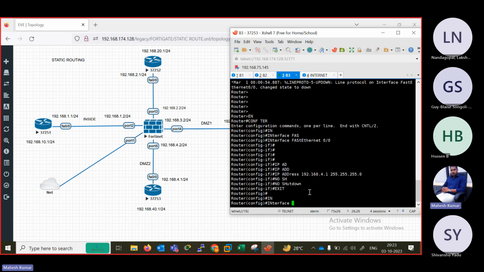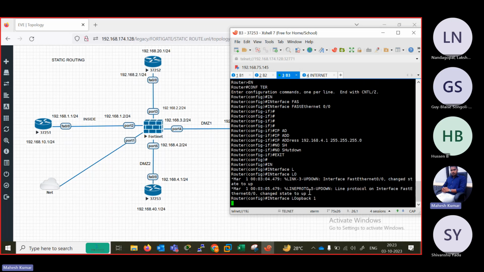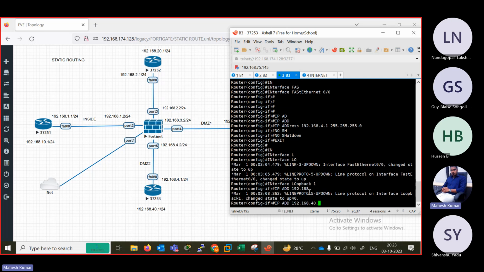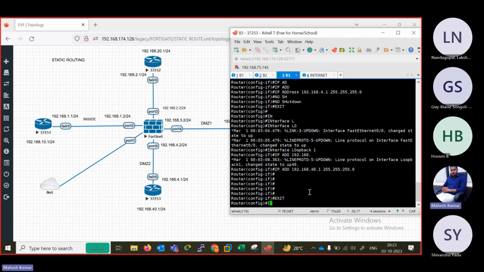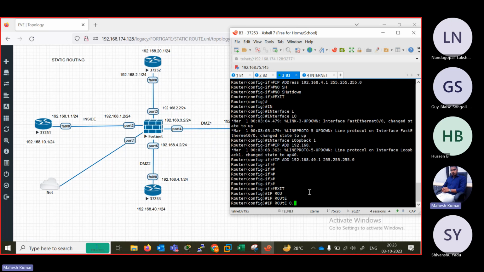And we have one more interface, loopback 1. IP address 192.168.40.1 and 255.255.255.0. Okay, and the same way, exit. IP route 0.0.0.0 0.0.0.0